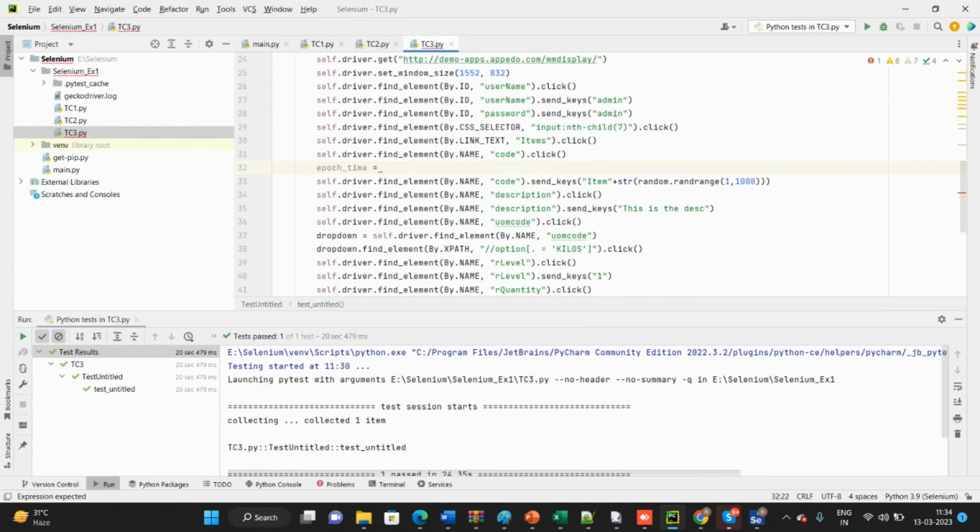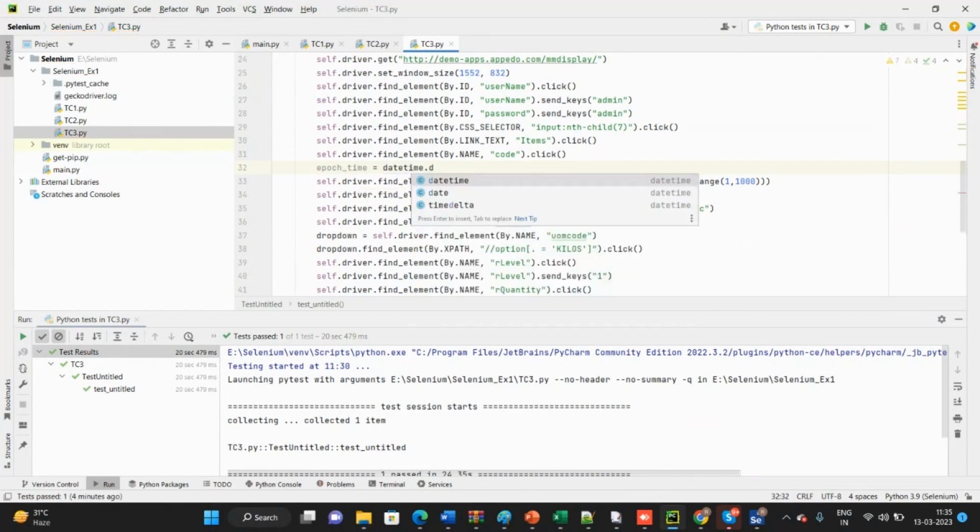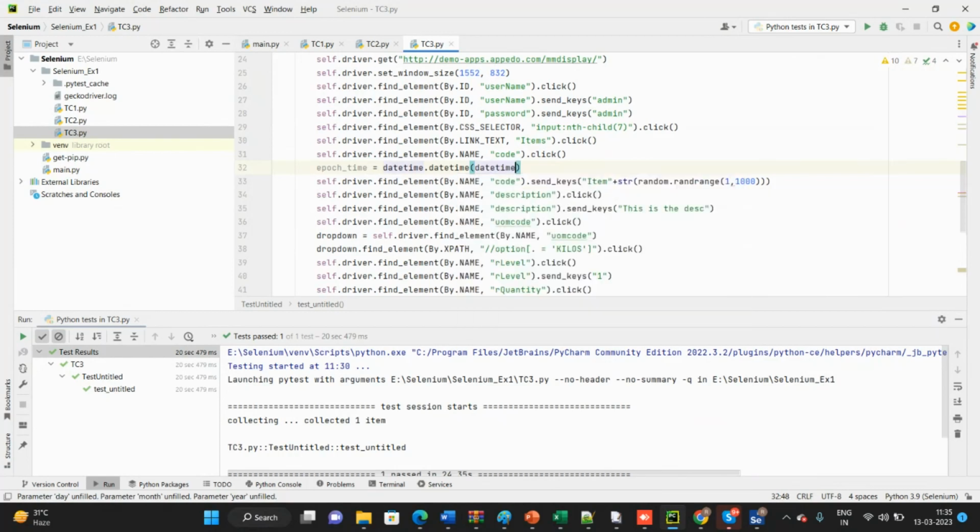What is epoch time? datetime dot datetime of now dot